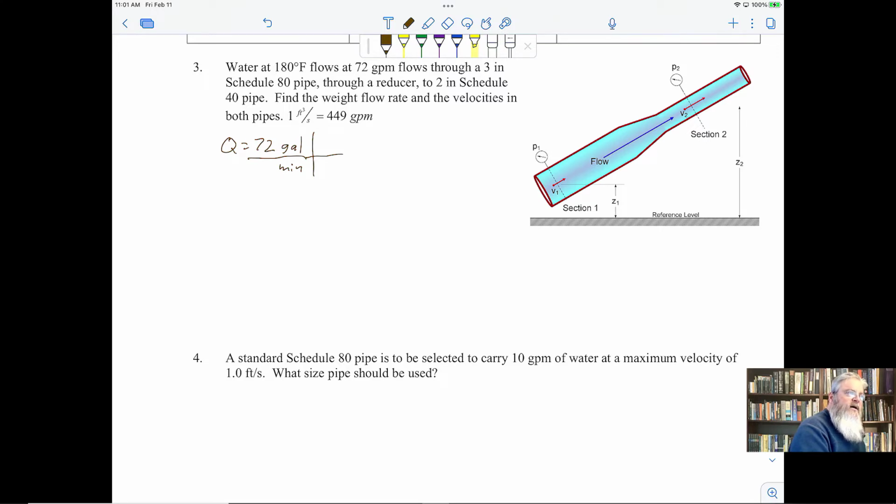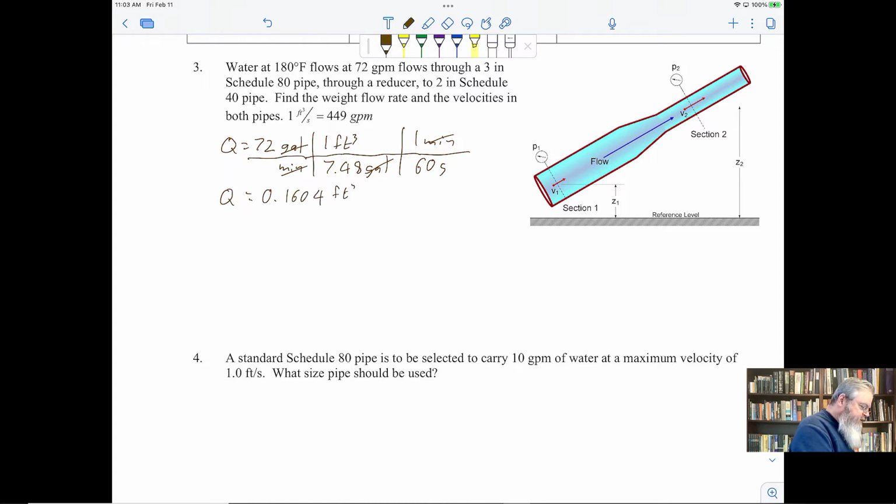So let's see. How do I do this conversion? Hang on. I'm going to do it this way. 1 cubic foot is 7.48 gallons. You can look up unit conversions in the back of MECH. And 1 minute is 60 seconds. So my minutes cancel and my gallons cancel, and I'm left with cubic feet per second. And I think my flow rate Q works out to be 0.1604